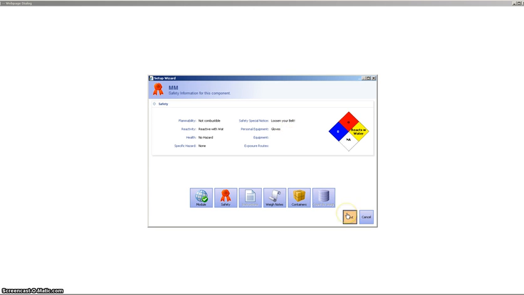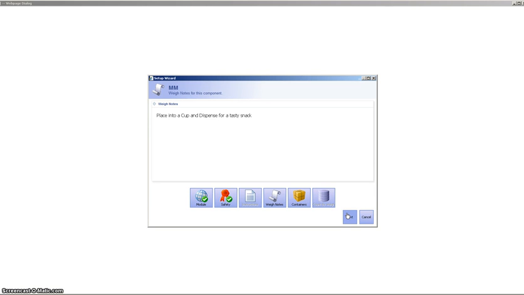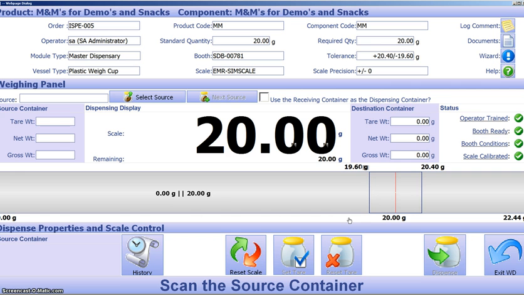We've reviewed the safety material information. We're going to move on. Here's some generic weigh notes. Place the M&Ms into a cup and dispense. Once we've reviewed the weigh notes, we can see that it's recommending that we use a 125-gram plastic container. That's good, and we'll move on. And now we've moved into the full-scale